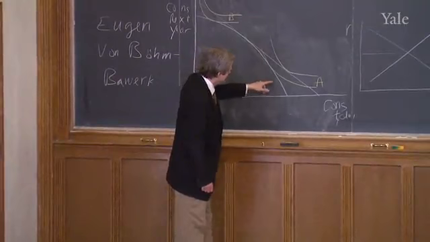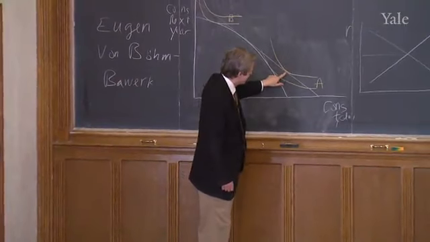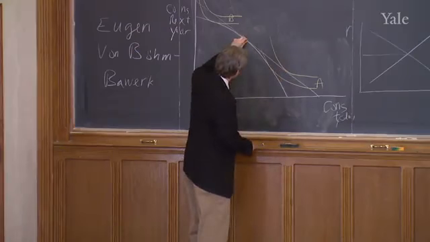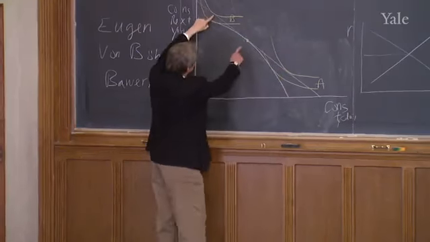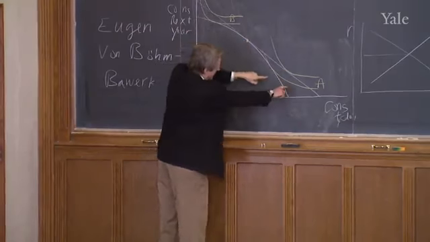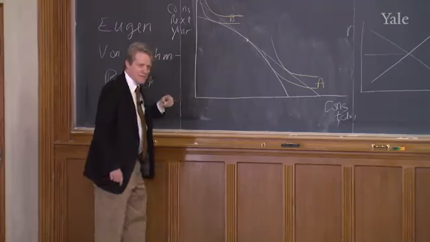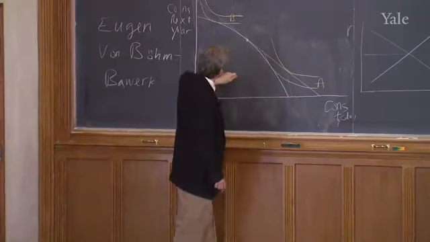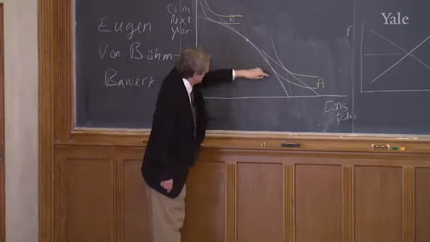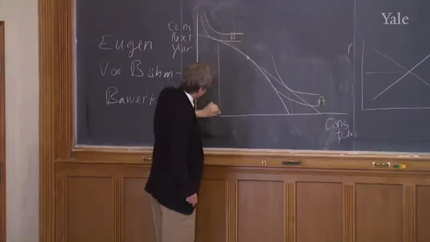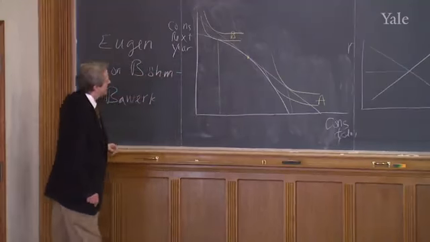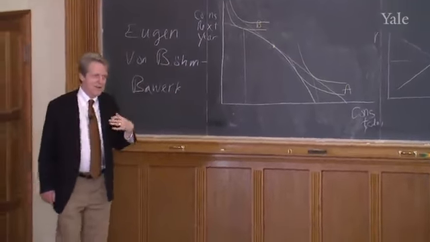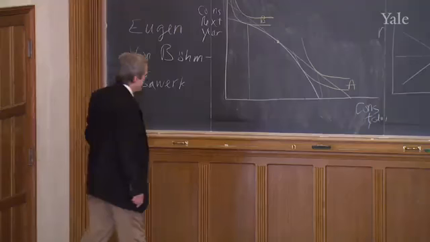Okay, so A, who wants to consume a lot this period, the production point is here. And B lends this amount of consumption to A so that A can consume a lot. He can consume this much. And B, since he's lent it to A, consumes only this much this period. But you see, they're both better off. They've both achieved a higher utility.